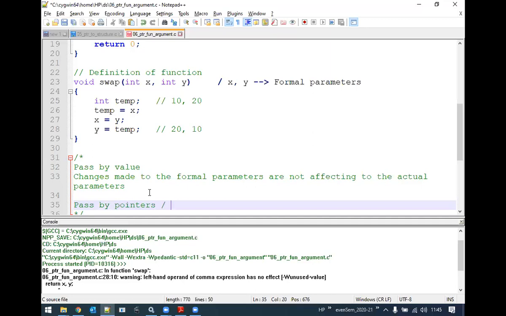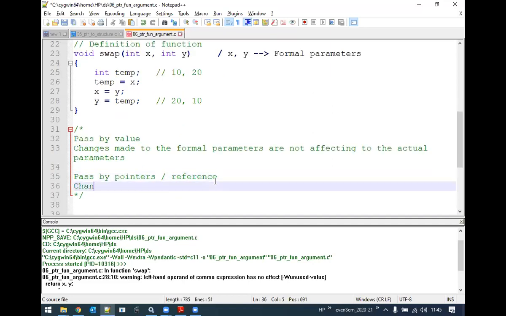Sometimes it is also called pass by reference. Wherein the changes made to the formal parameters do affect the actual parameters.